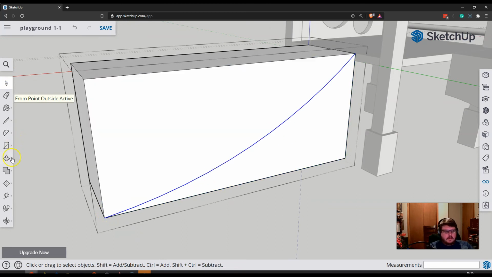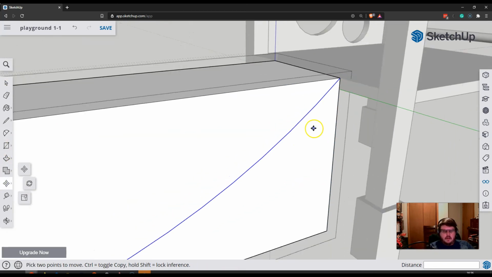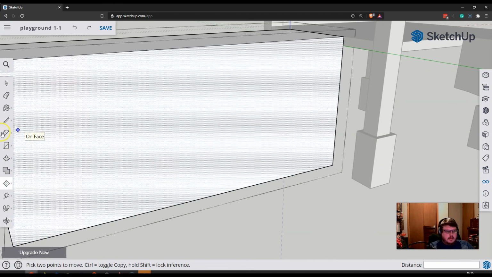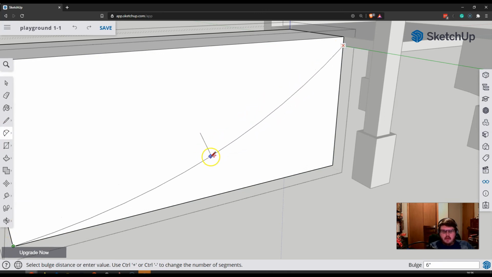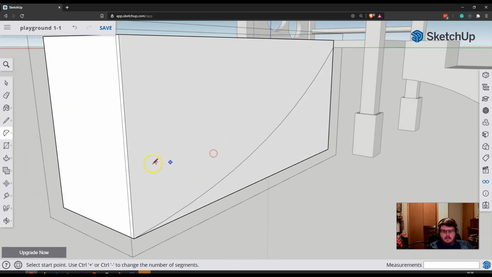Click on it. So if you have any trouble... Oh, I did it wrong too. See, you make mistakes and you live and learn from them. Intersection, make sure it says on face. So that's on green axis. There we go, on face. That's what I want. So click on it, select it. Let's just make sure. Push pull, yeah, 2 surfaces. Click it, select